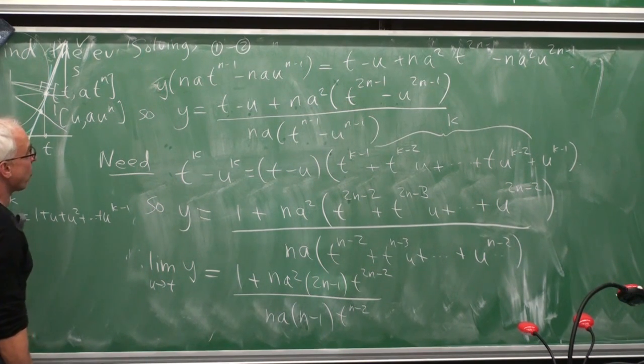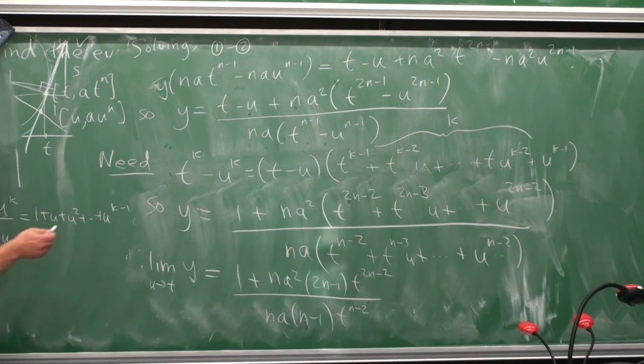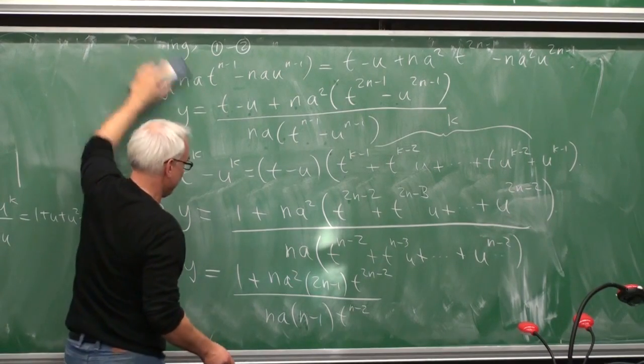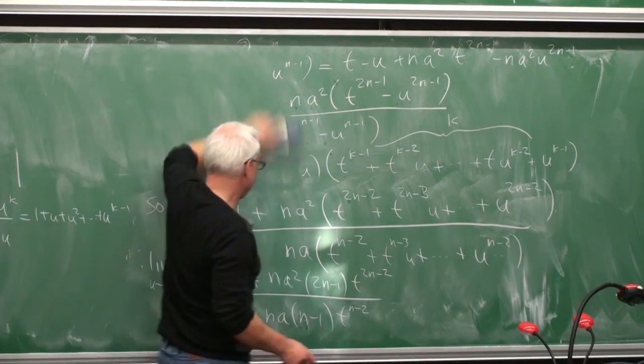Okay, so what do we need more? Well, we still need x, of course. And how are we going to get x? Well, we had a relation between x and y because they lie on these tangent lines, these normal lines. So I've rubbed it off, but we can perhaps resuscitate it.